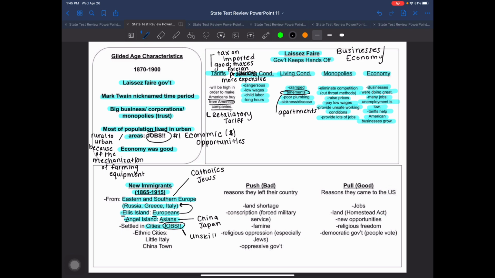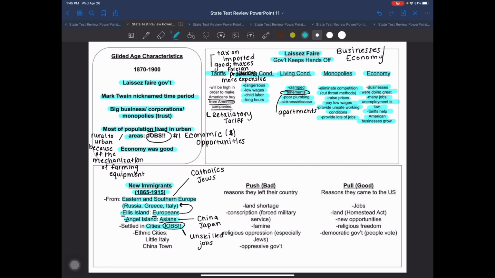Now, the jobs in these factories that these immigrants are going to fill are unskilled jobs, which is wonderful because the majority of the immigrants that we're getting don't have a certain skill that they're good at. In our factories, the skilled work is being done by machines now, so we don't need those. We need an abundance of unskilled workers. So we are going to get a flood of immigrants coming into our country during the Gilded Age.